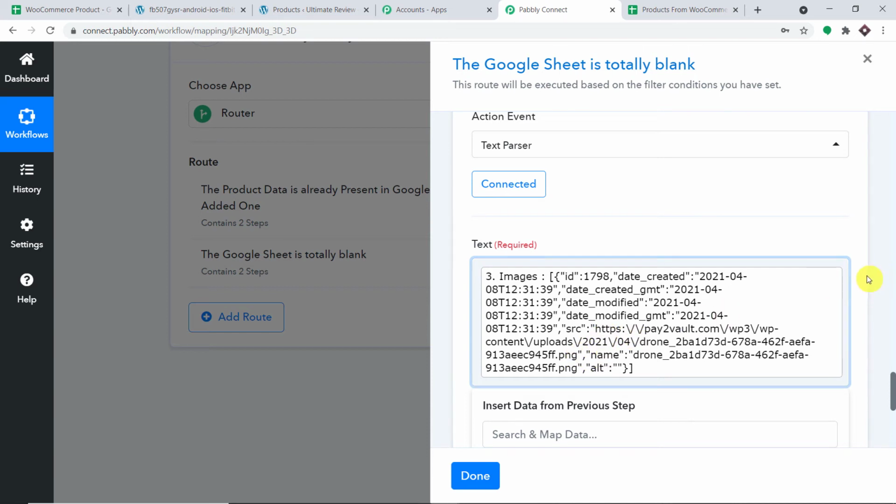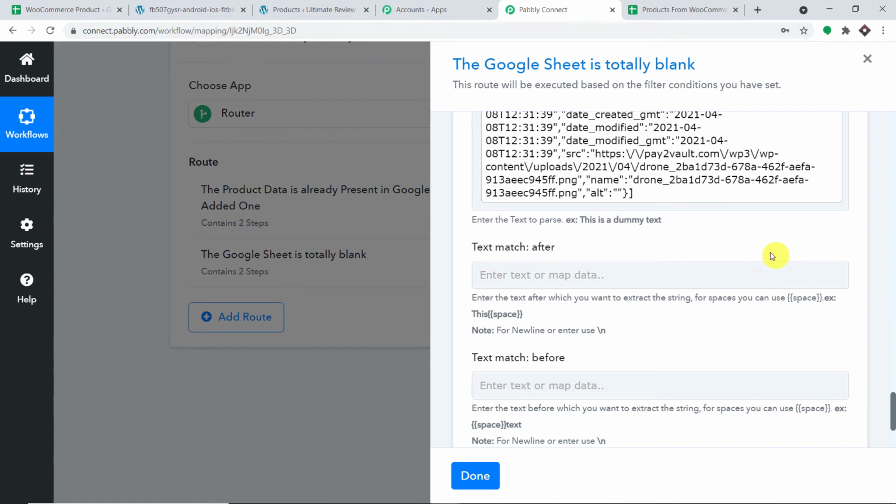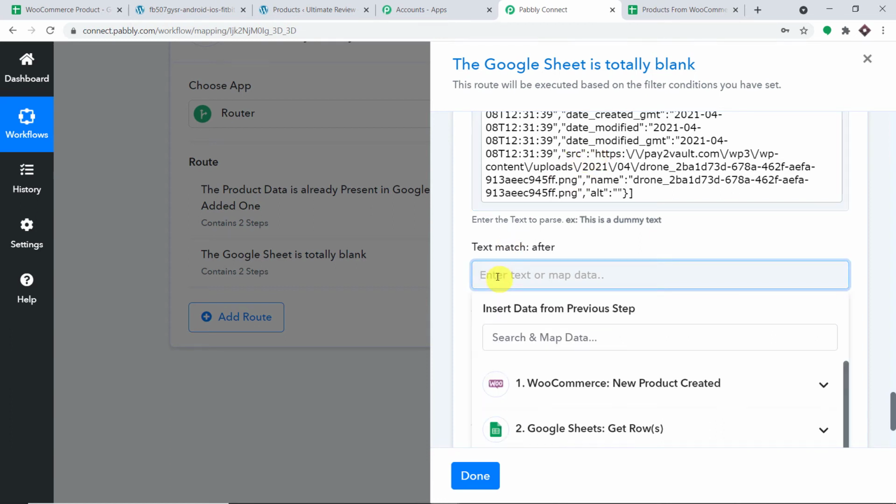And this is how you do it. First of all, we have to select the text before this particular string, the text that we want to isolate. We want to isolate the link. So the text that we want to make sure comes first will be src, src colon.